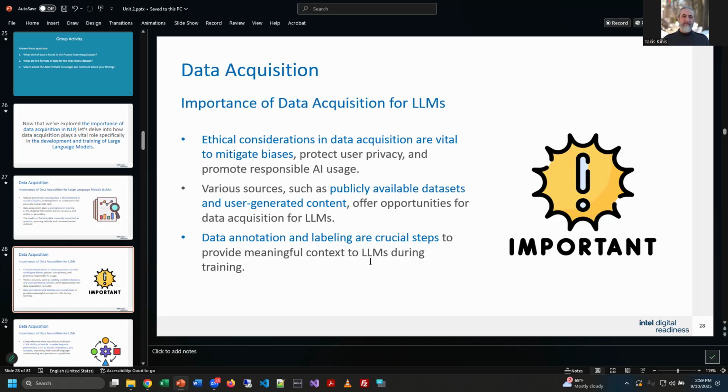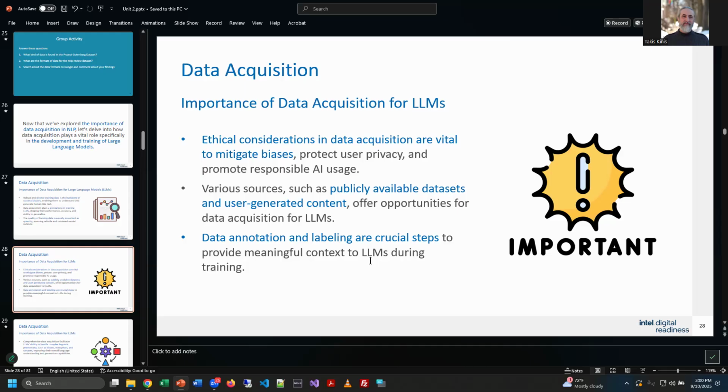All right. So it says various sources such as public data sets, we looked at those, and user generated content offer opportunities for data acquisition for LLMs. So, for example, I just recently got a form from the US Census Bureau in my mailbox, because they're already starting to gather data for the 2030 census. And if I log into their website and provide the information that they're asking, I'm the user generating the content for them. So they don't have to figure it out from a different source. They probably could figure out all of it from a different source, really, but they're asking me as a user to directly generate the information.